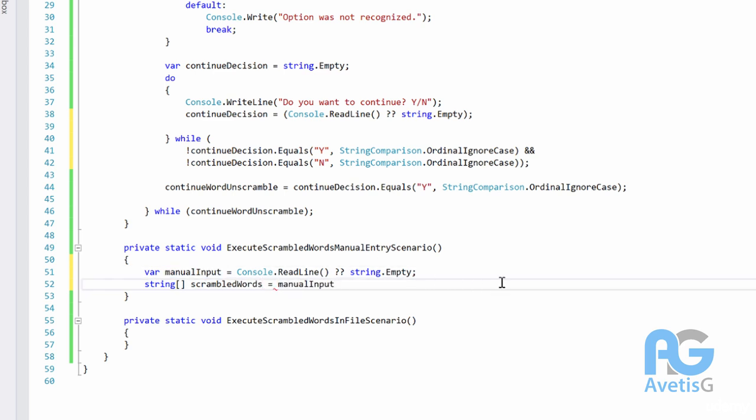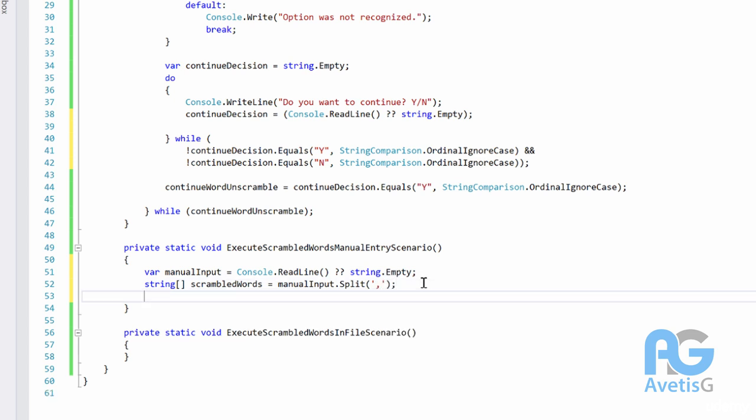Since manual input is a string, it has methods available on it, as you remember, and one of the methods is split, and split will take a character and then split your string based on that. In this case, I want to split it by a comma because it's going to be comma separated. Then I will actually make up another method. I will say display matched unscrambled